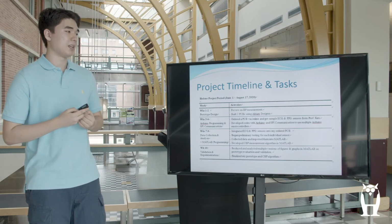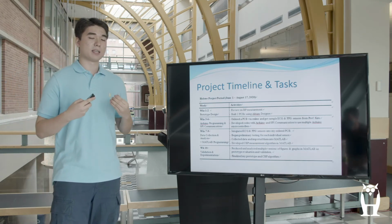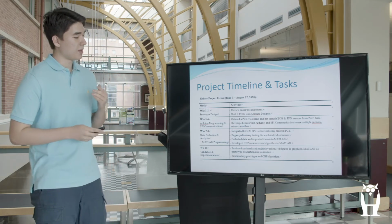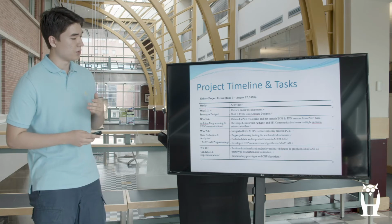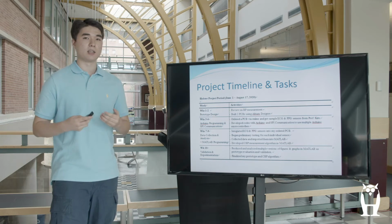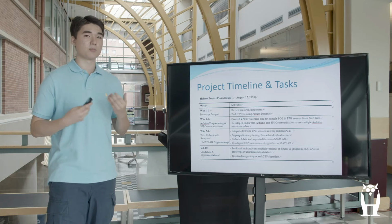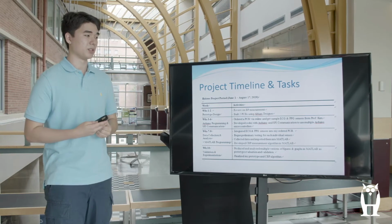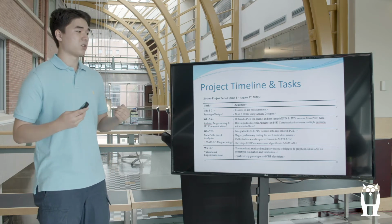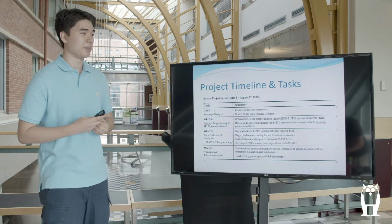So, my project timeline and tasks. This is after multiple drafts of trying to come up with the best case scenario of how well I could flow through all my research. I've split it up into a section of 10 weeks. Weeks 1 and 2 focused mainly on reviewing literature I had conducted prior to my Holster project starting, as well as becoming familiar with PCBs, printed circuit boards, using a program called Altium Designer, which is very widely used amongst engineers. Weeks 3 through 6 were ordering a printed circuit board online and getting sample ECG and PPG sensors